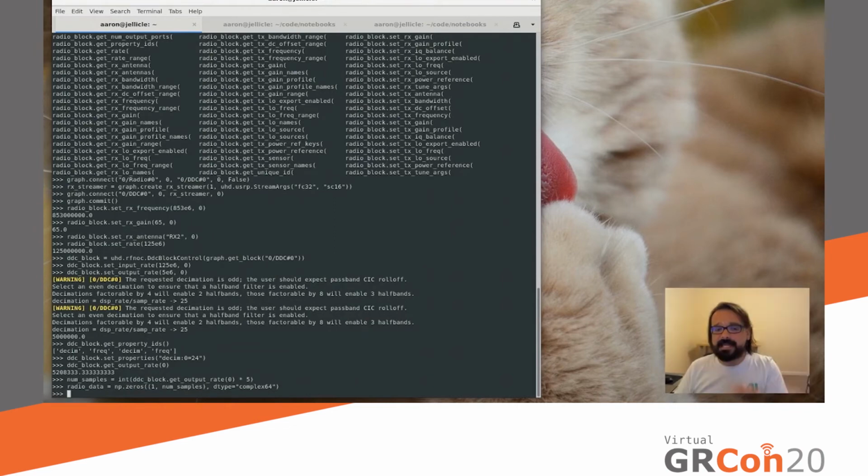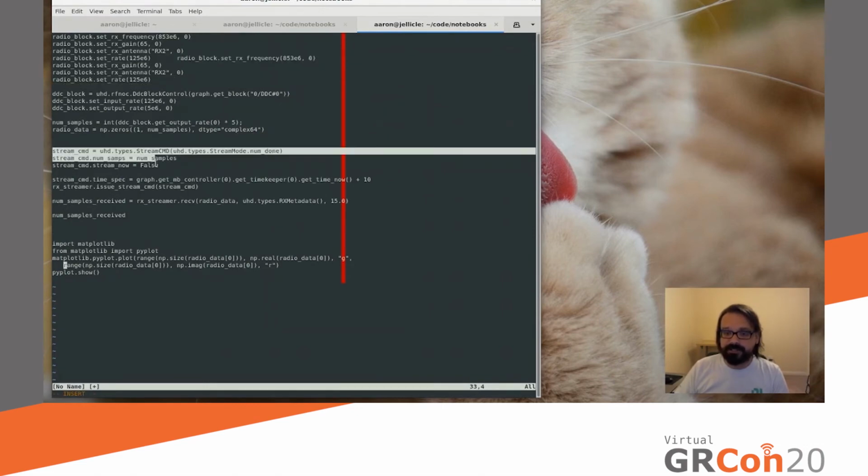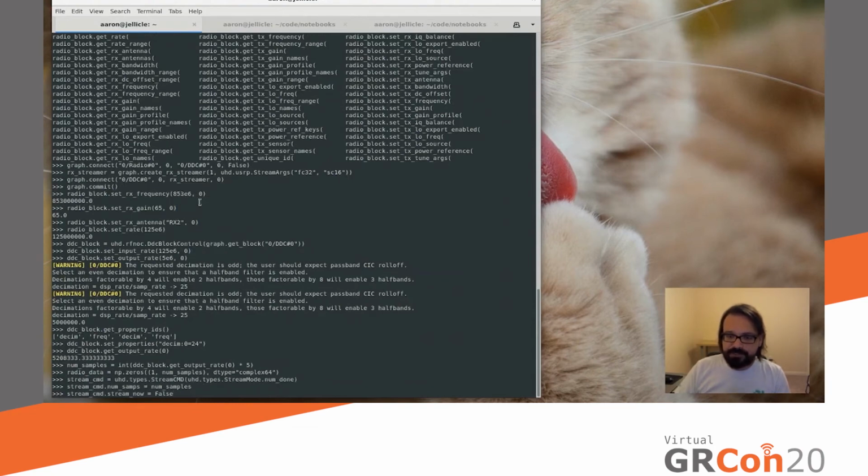Great. So to get data from the radio, we need to send it a stream command to indicate how the device should send samples to us. So again, in the interest of time, I'm going to cut and paste some code that we already have here. So to create a stream command, I create an instance of the stream command object and pass it the mode that I want, which in this case is numDone. I want to receive a certain number of samples and then be done, no more samples after that point. The number of samples is in the numSamps attribute here, which we calculated earlier,